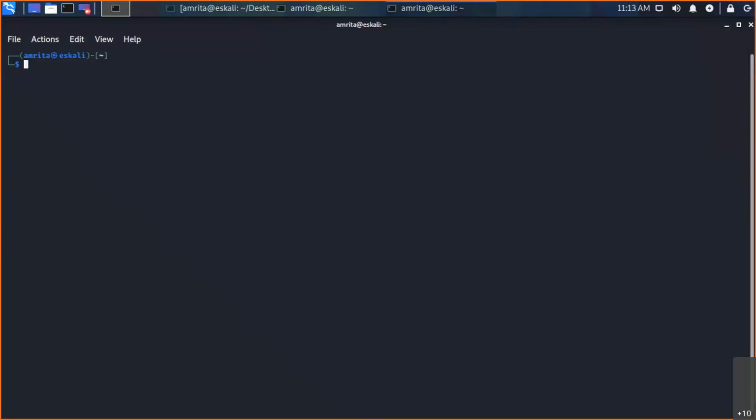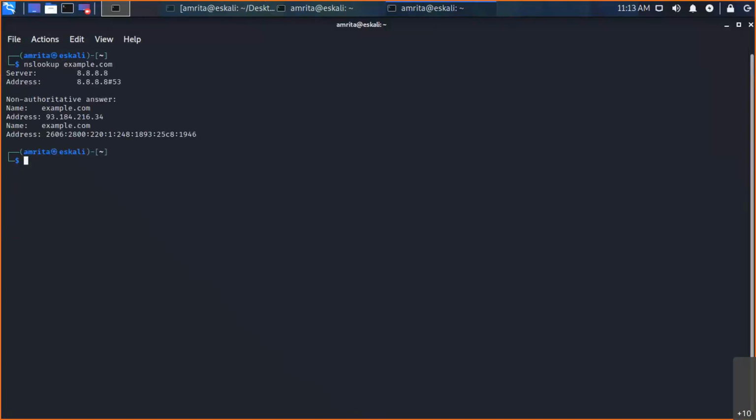To start the testing, we first need one tool which will convert my domain name to an IP address. For that, one wonderful tool is Nslookup. Nslookup example.com. Yeah, so I have got the IP. It is 93.184.216.34.